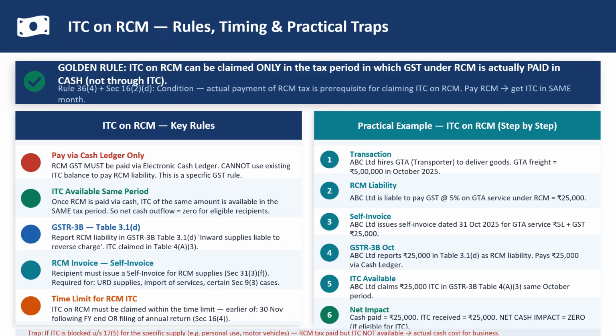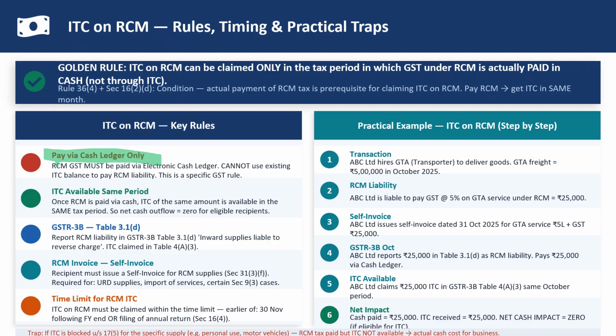And then ITC and RCM. Generally, you have to pay the GST under RCM on a cash basis. So you cannot pay through your credit ledger. You have to pay in cash only, because even if you have crores of input tax credit, you cannot set off that credit against the RCM liability for the particular month. You have to pay that RCM to the government in cash only, in the first month and from the second month onwards, whenever the liability comes, it has to be paid in cash, which will accumulate in the ITC credit. You can utilize that credit